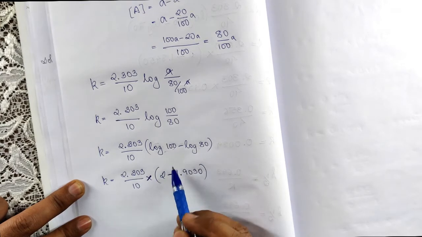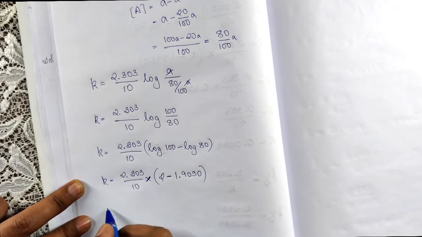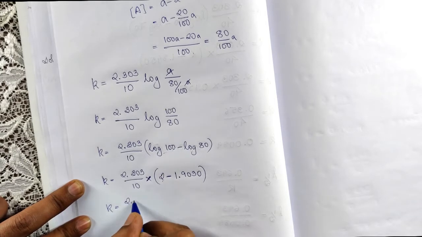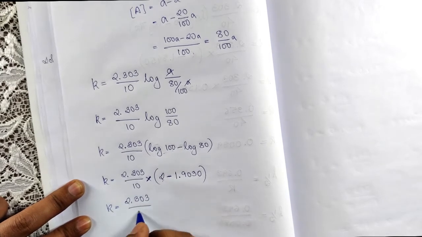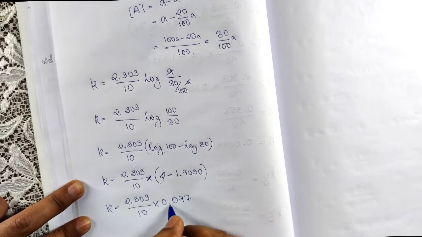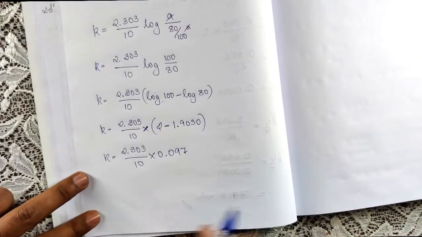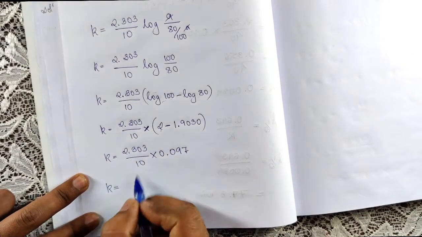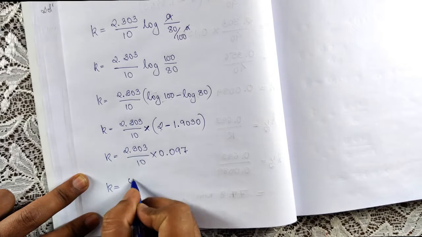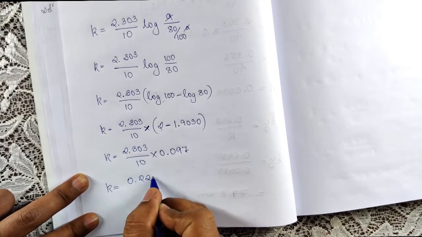Now log 100 is 2 and log 80 is 1.9030. So if you subtract these two numbers, you get 0.097. So now you multiply these two. If you multiply these two numbers, you get 0.223